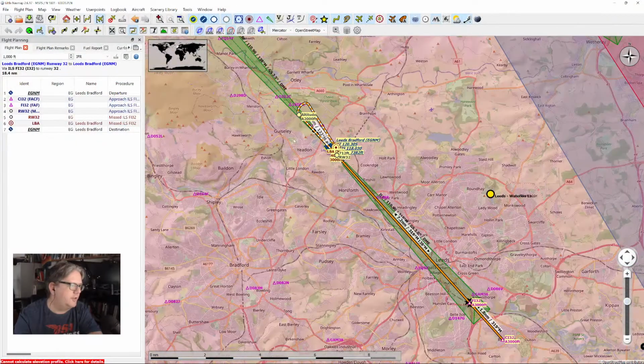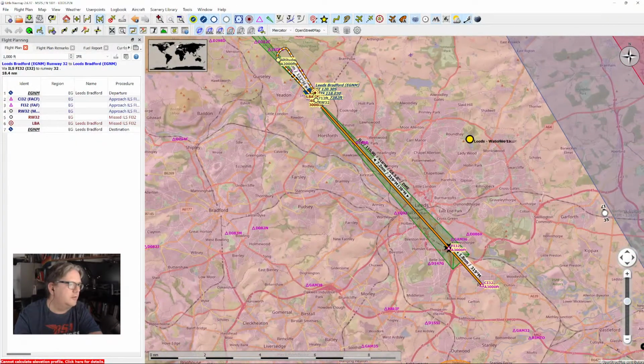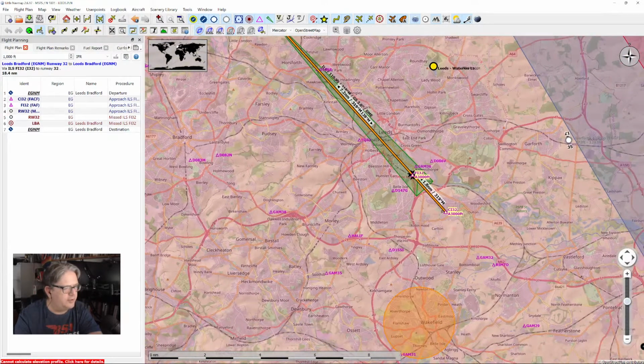So yeah, we should see just some of the areas we're going to fly around. So we're going to come here, and I think it's that kind of angle, that track we're coming down. So we'll come across Hawksworth, Bramley, Farnley, Morley, down towards Outwood and turn. Depends exactly when,